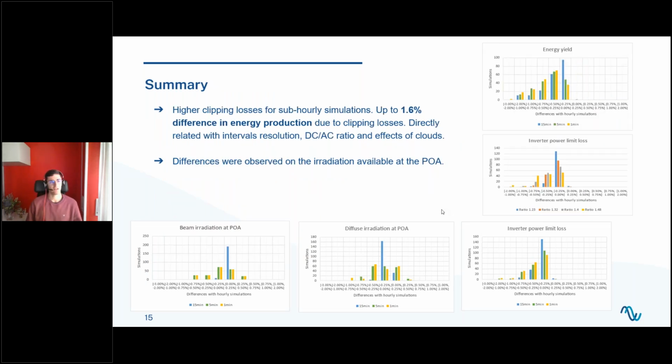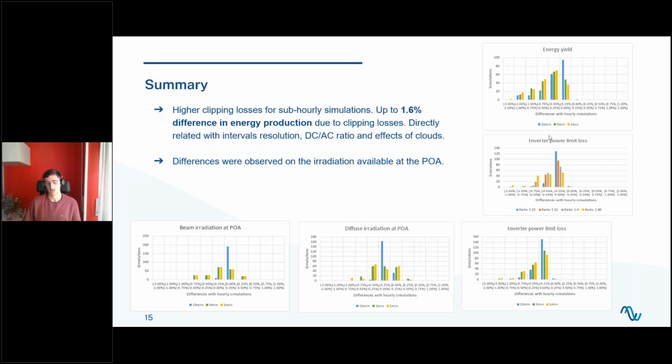If we sum up all of these simulations that we carried out, and add all of them to one graph, we can see first in general for the energy yield estimation, we can see how all the simulations are at the left side of the graph, and how we always got less energy for sub-hourly simulations. Also, as we go to 1 minute simulations, the differences are higher, as we have been mentioning during the 5